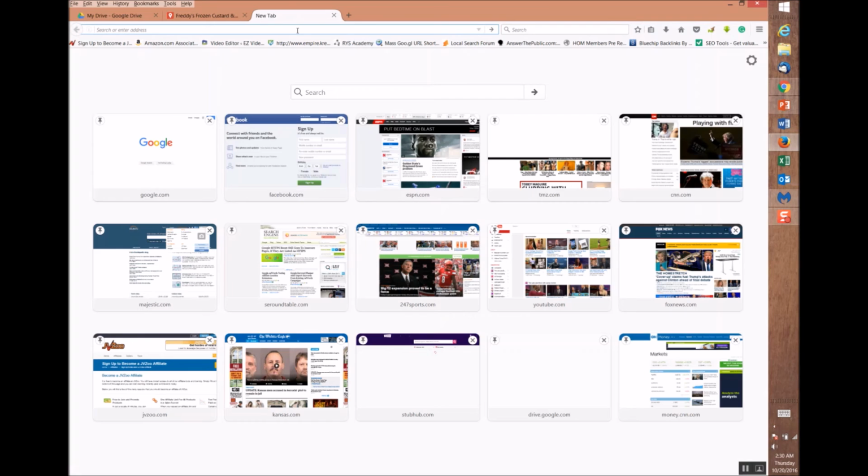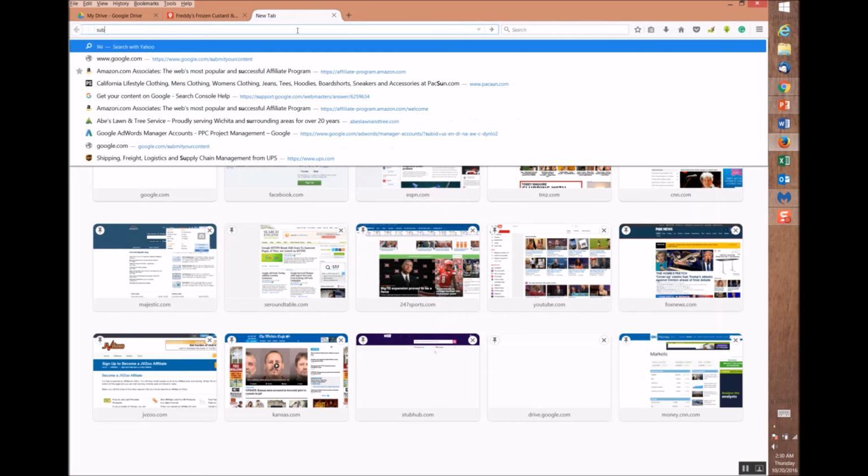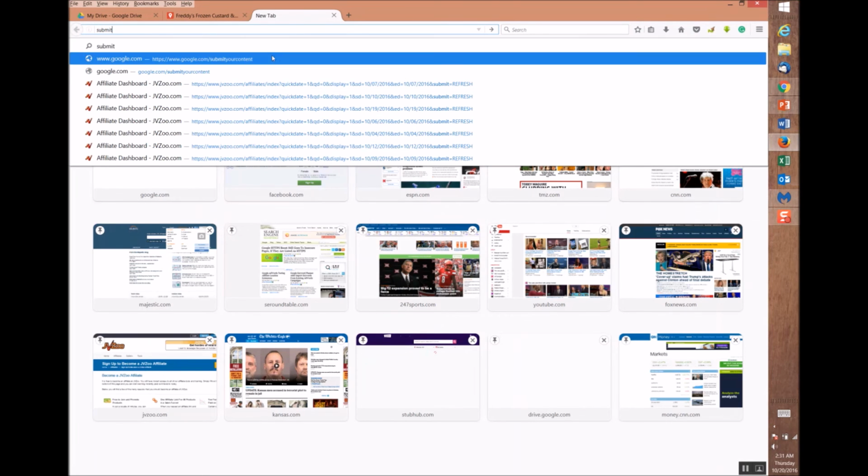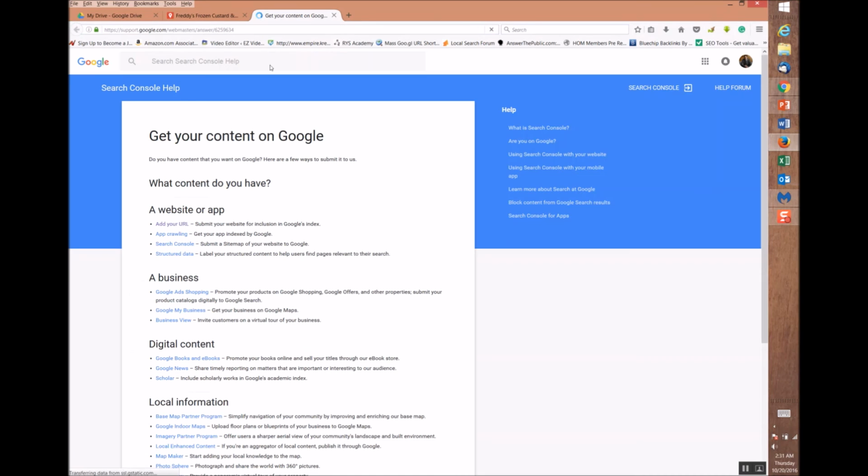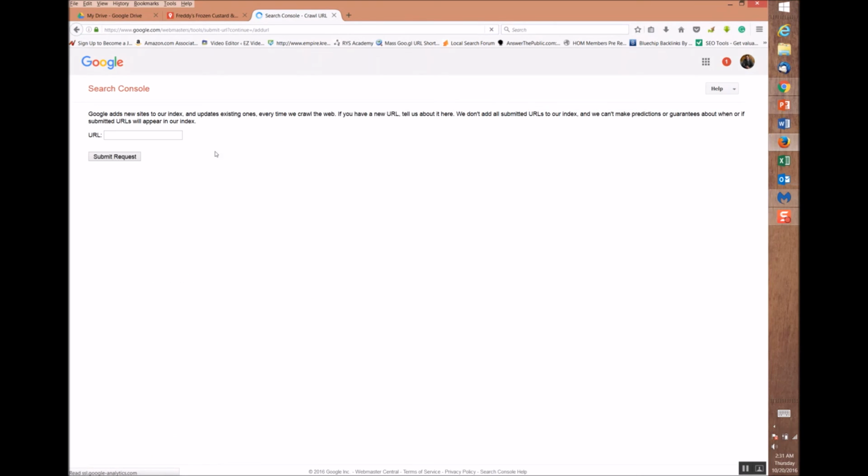go and shorten it. So what I'll do is I'm going to go to google.com/submit your content. Click on add your URL. I'll paste that in there. Tell them I'm not a robot. And submit it. Now that should get it indexed within just a couple minutes usually, and sometimes it's been like